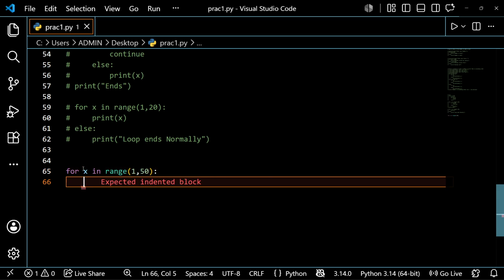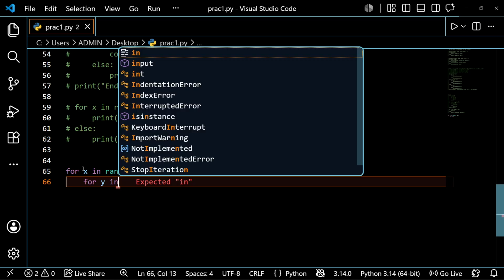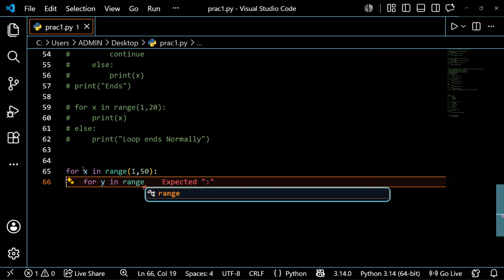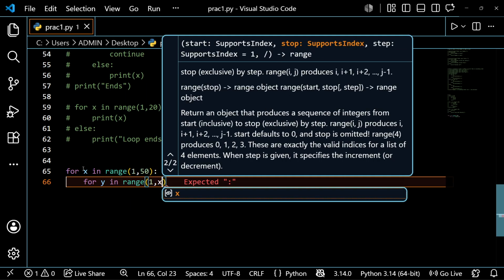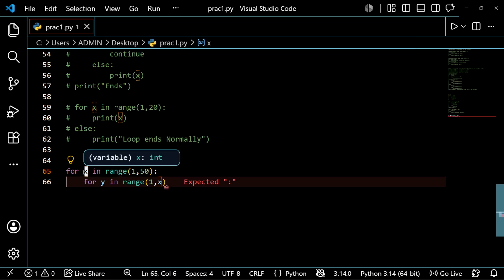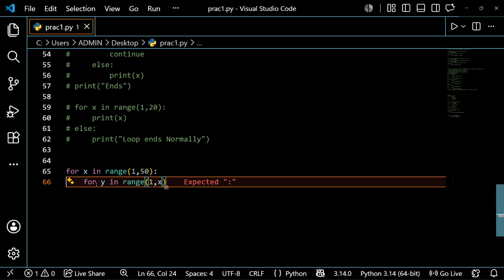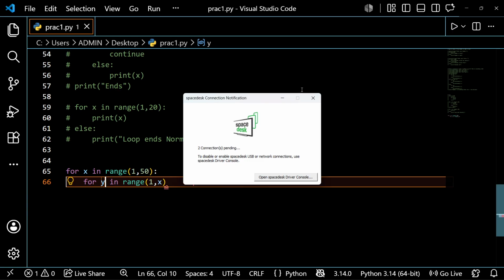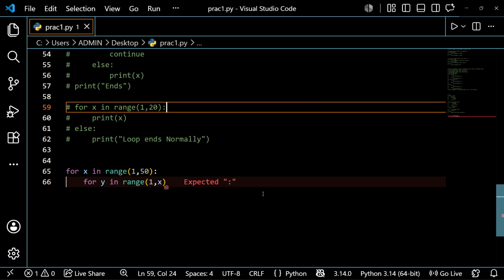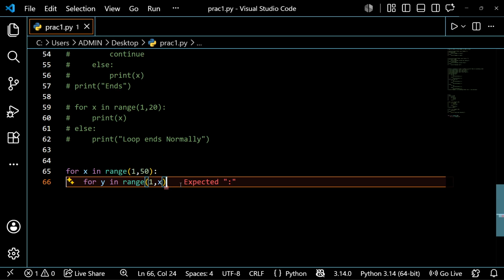Then we are writing another loop, for y in range 1 to x, because whenever this program runs for the x variable, in the second loop it will also run for y. Now for y in range 1 comma x,